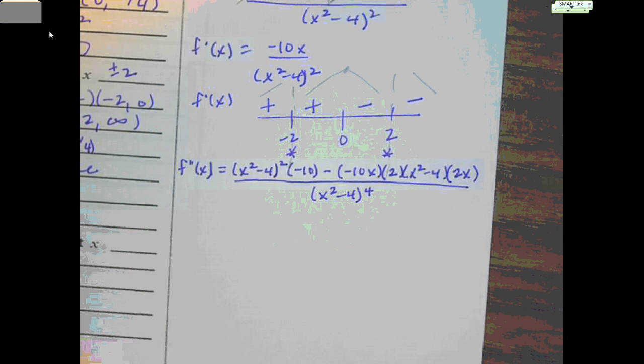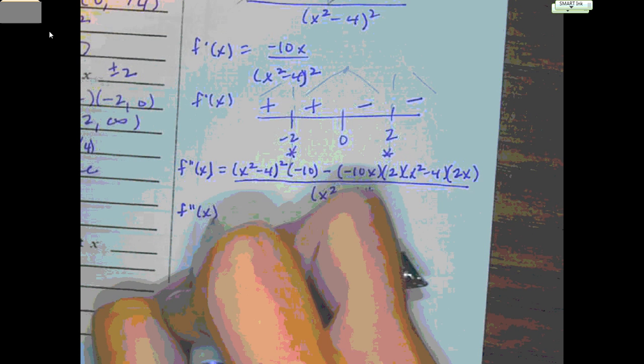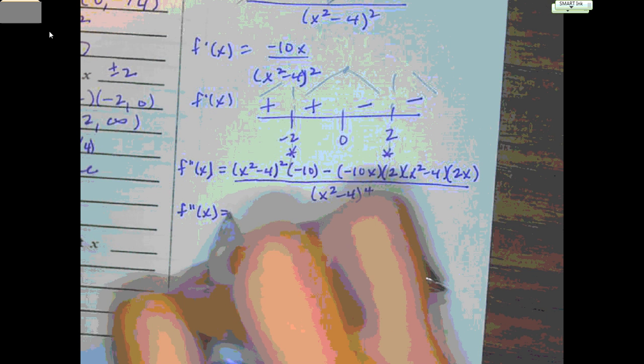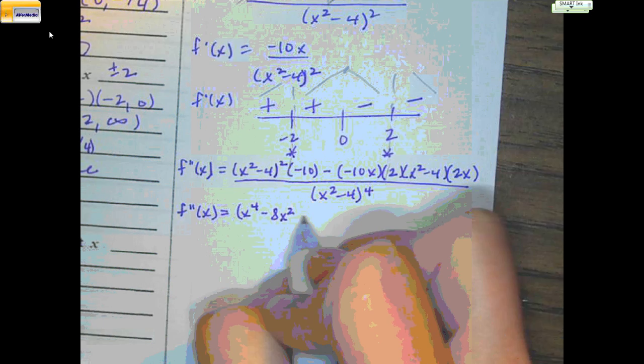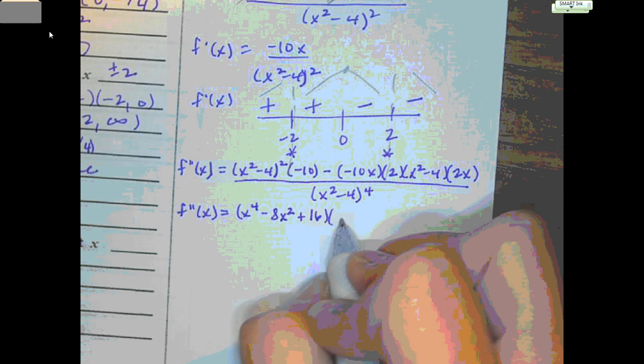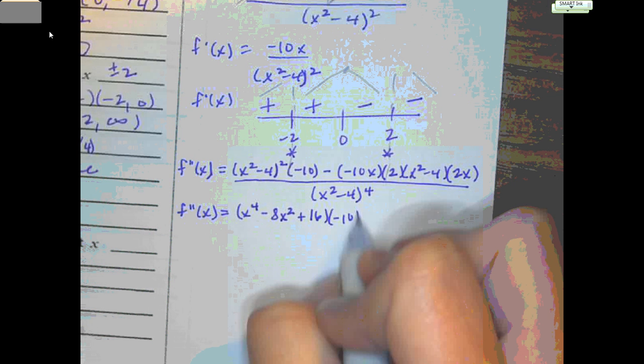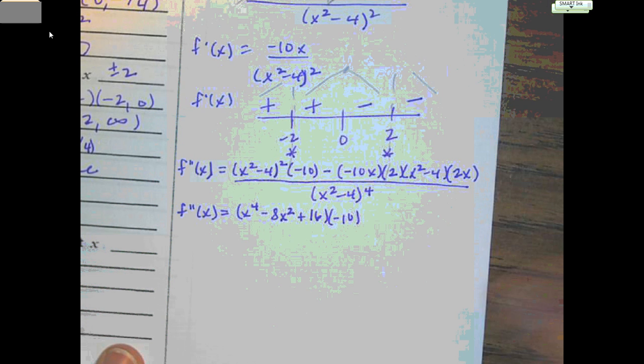All right, then. I'm going to FOIL this first little piece so that I have x to the 4th minus 8x squared plus 16, and that whole thing is going to be multiplied by a negative 10. Over here on the right-hand side, I'm going to take